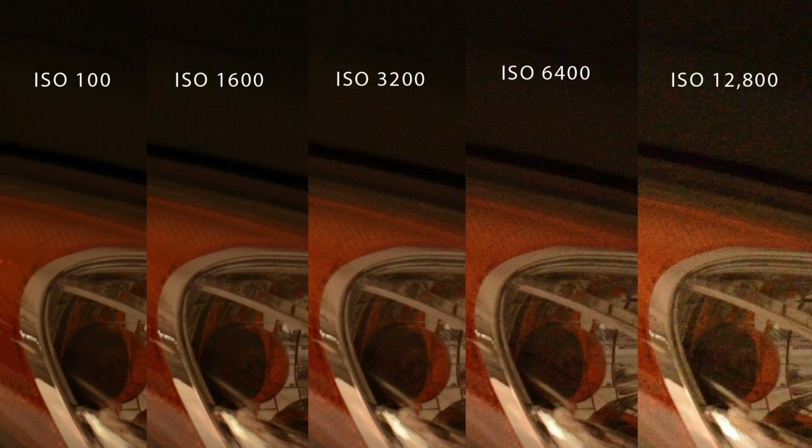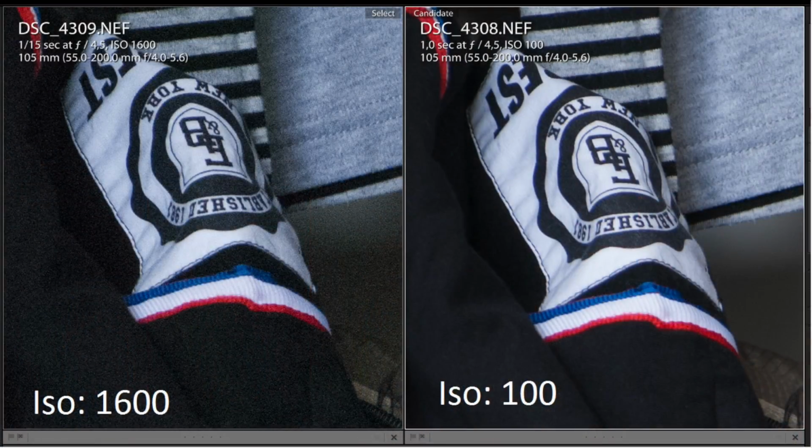As you can see here in this first example, you know, at ISO 100 you're pretty crystal clear. There's no grain or noise whatsoever, and as it progresses it gets a lot noisier. In the second example is another good example. The image on the right is shot at ISO 100 and it's very clear in focus. You know, you're not seeing any grain. And the image on the left, shot at ISO 1600, which isn't really that high. I mean, it is a high ISO, but